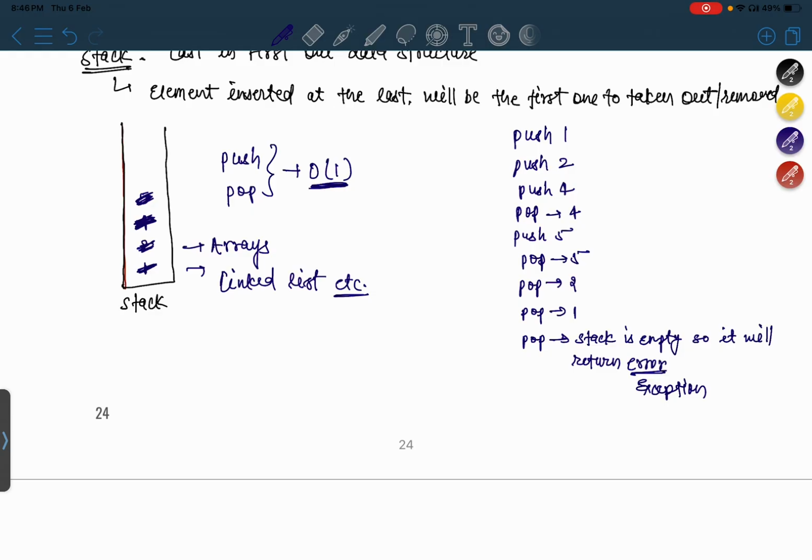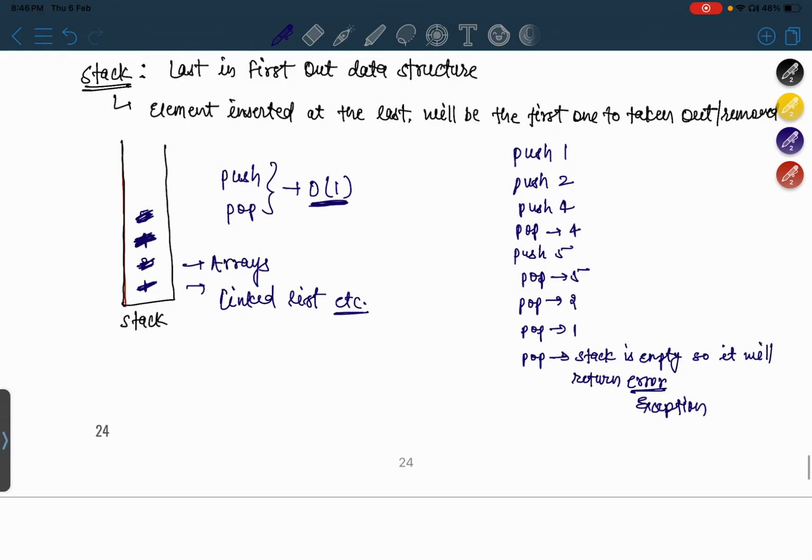So that's up to you. You can search over the internet and find out about this. It's a very simple data structure, not that much complexity involved. So let's not go into the implementation details since this is not a course on data structures or algorithms. We're talking about AI. So here we are using stack just as a data structure, and we are using the functionality of stack to implement our